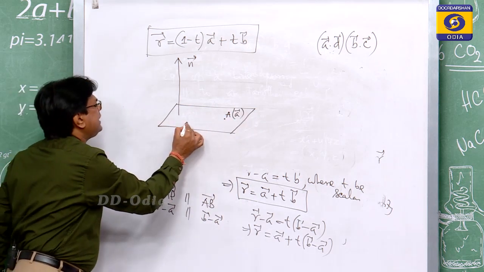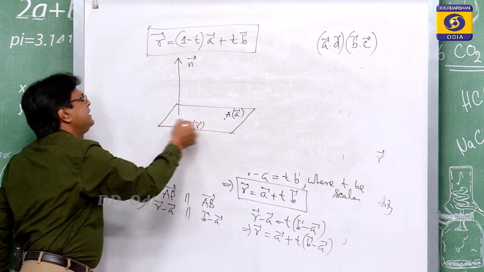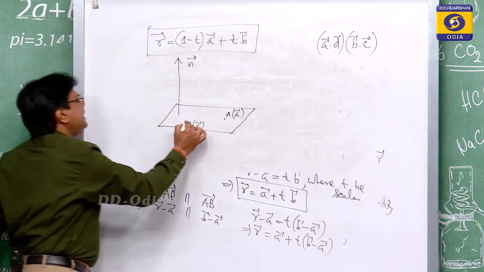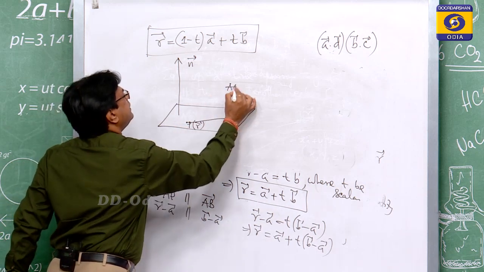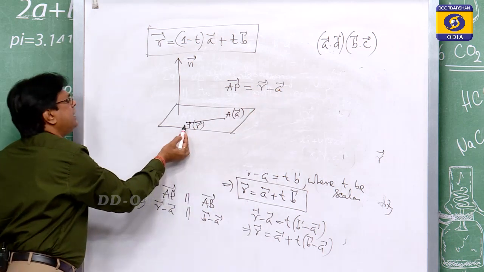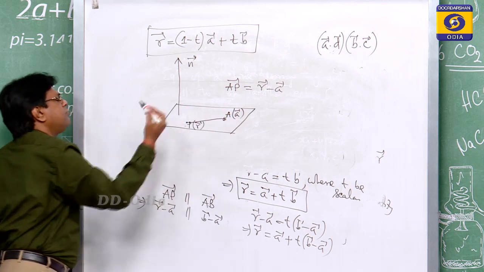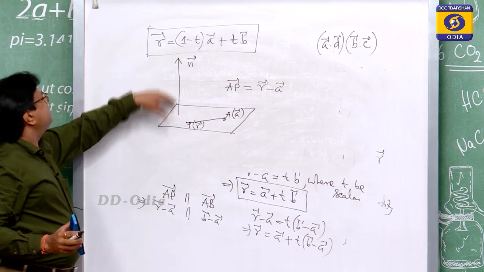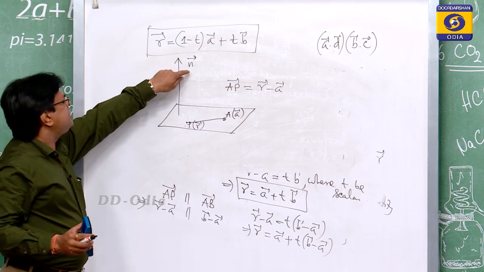Now, we consider another variable point. This variable point is moving here and there, forming a plane. So, P having position vector r. So, the vector AP is equal to r minus a, because this point is not given, this point is given. You have to find the equation of the plane passing through a vector A, where the normal, the perpendicular vector, is also given.